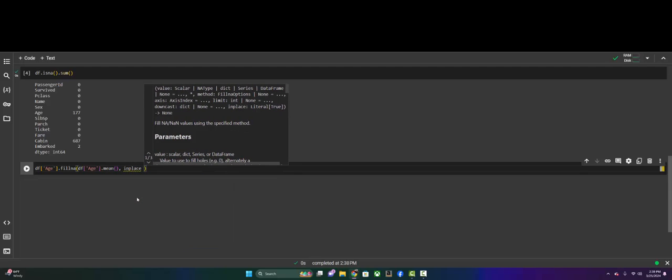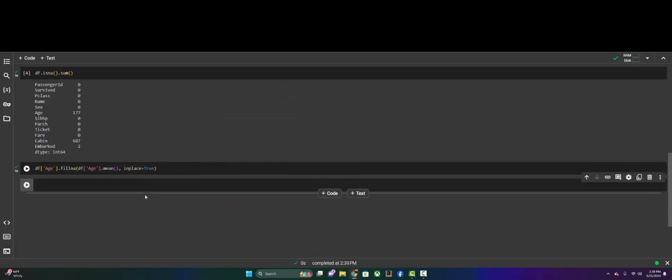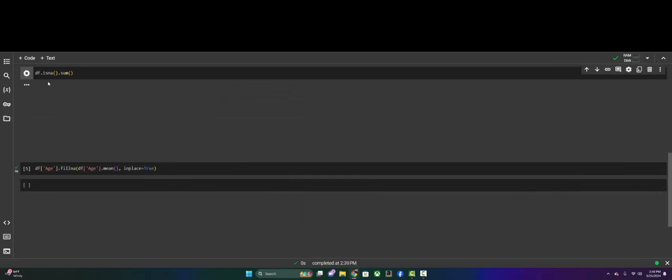And we want this to stay, so we will say inplace equals true. Very good. So now if we were to run this cell above again, hey, we got rid of those. So that's doing pretty good. So now the 687 missing cabin tickets, that's going to be a bit of a challenge, probably more so than